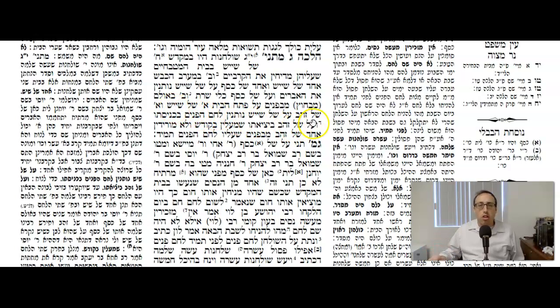Echad shel sheish v'echad shel zav. One was made out of marble, and one was made out of gold. Al shel sheish nosnim lechem aponim b'chnisoso. On the marble one, that's where they would put the lechem aponim that was going to be entering the Beis HaMikdash and sitting on the shulchan in the Beis HaMikdash for the coming week. So it started off sitting on the marble table, waiting for its turn to go into the Beis HaMikdash to sit on the shulchan hazav that was in the Beis HaMikdash,